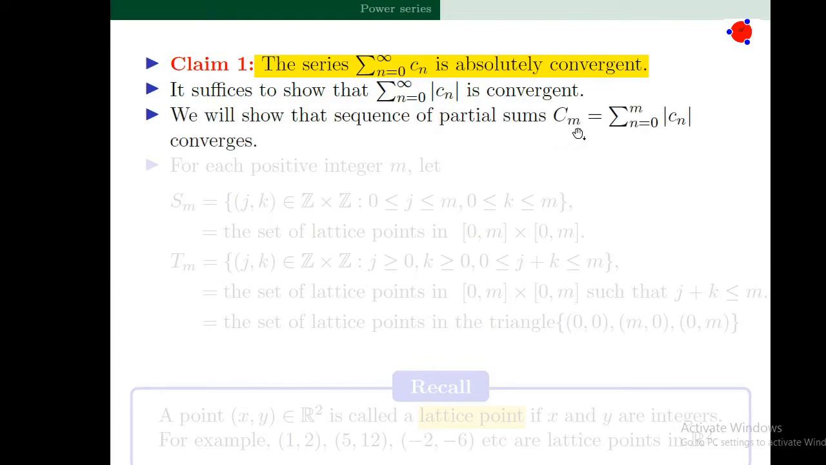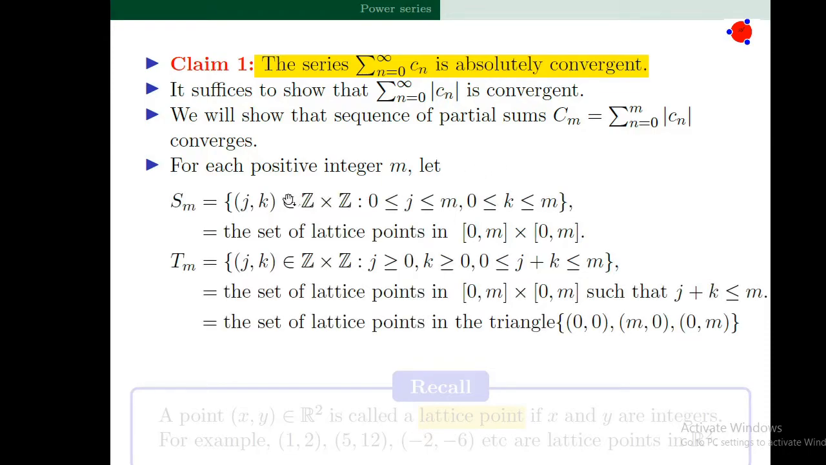Now consider the sequence of partial sums of the series, that is Cm is equal to summation n is equal to 0 to m of mod Cn. So the sequence Cm is a sequence of partial sums of the series sigma mod Cn. To prove that this series sigma mod Cn is convergent, it suffices to show that the sequence of partial sums, that is Cm, is a convergent sequence. For this,